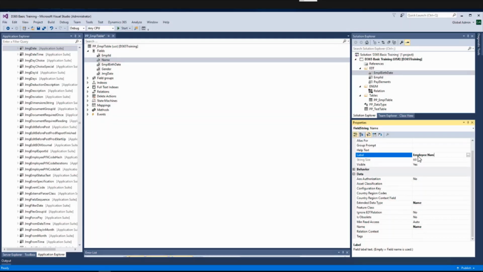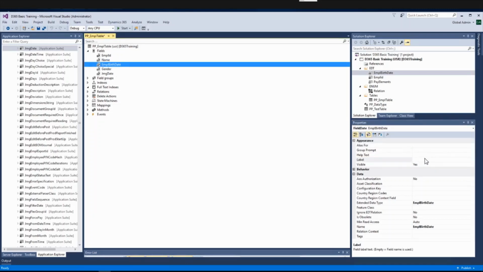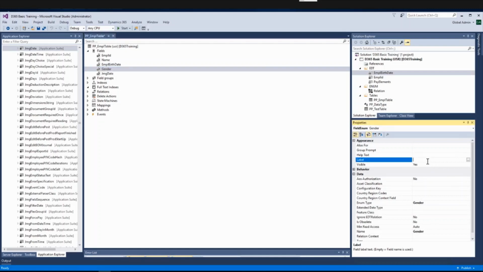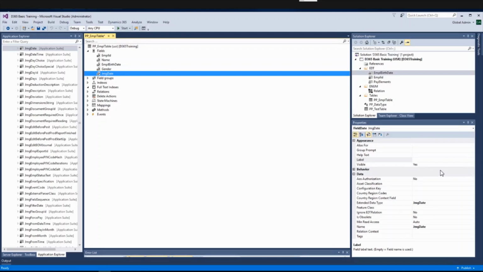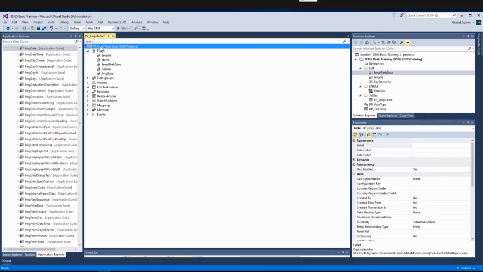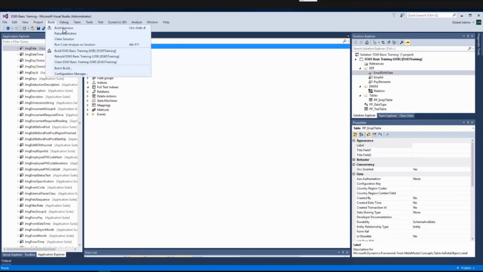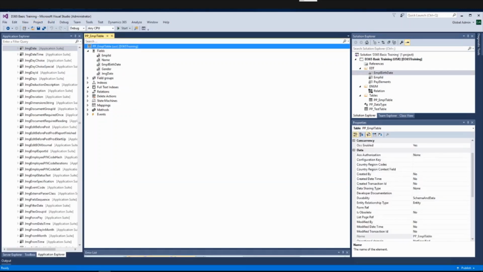I am giving the label: employee name, birth date, gender, joining date. Let us build it to see if there are any errors. So build is successful.